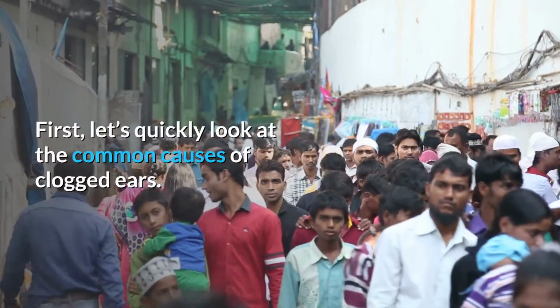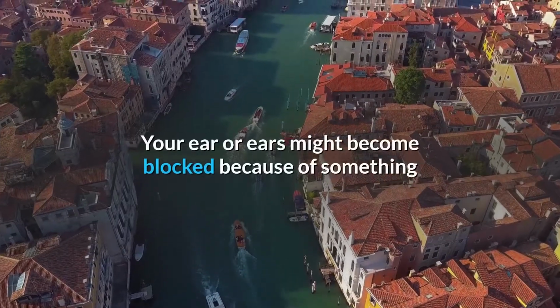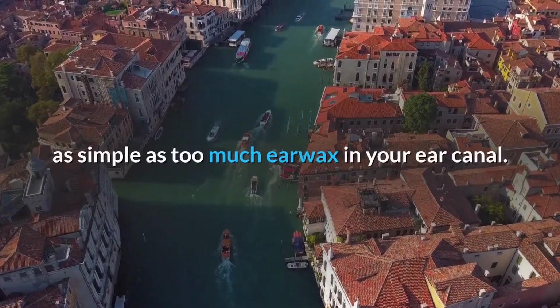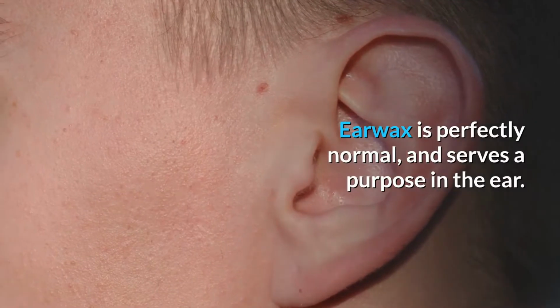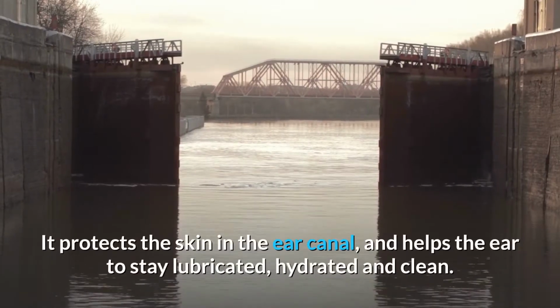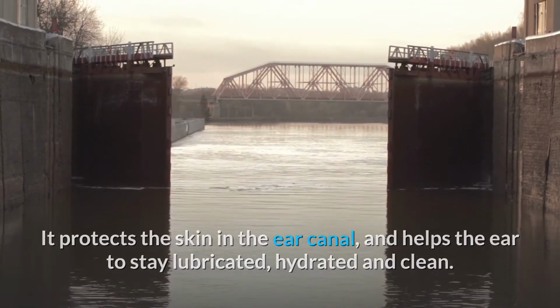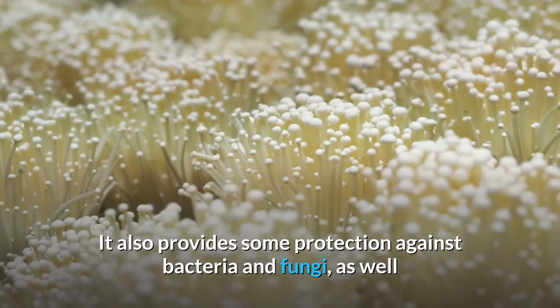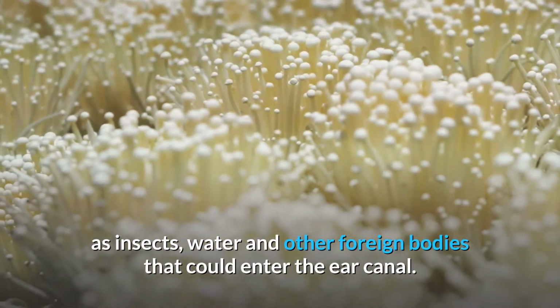First, let's quickly look at the common causes of clogged ears. Your ear or ears might become blocked because of something as simple as too much earwax in your ear canal. Earwax is perfectly normal, and serves a purpose in the ear. It protects the skin in the ear canal, and helps the ear to stay lubricated, hydrated and clean. It also provides some protection against bacteria and fungi, as well as insects, water and other foreign bodies that could